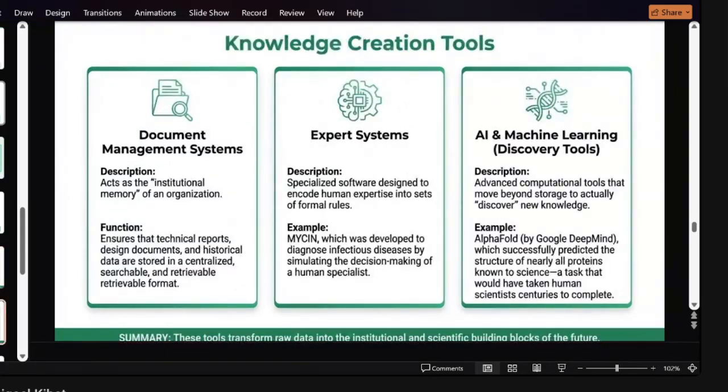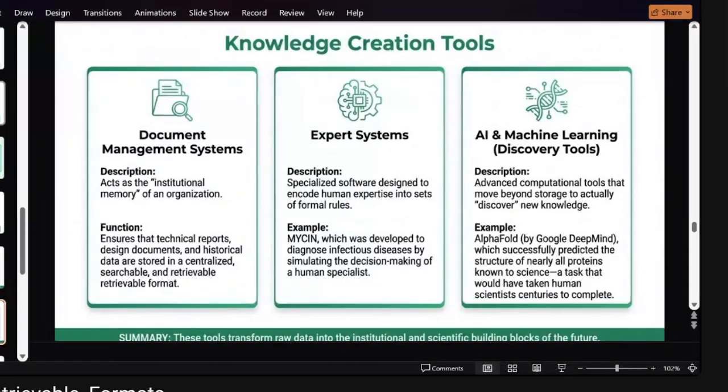On knowledge creation tools, we have document management systems, expert systems, and AI and machine learning tools. Document management systems act as the institutional memory of an organization and ensure that technical reports, design documents, and historical data are stored in centralized, searchable, retrievable formats. Expert systems are specialized software designed to encode human expertise into formal rules. An example is MYCIN, which was developed to diagnose infectious diseases by simulating the decision making of a human